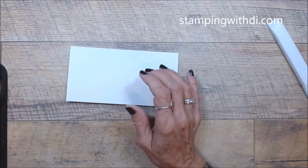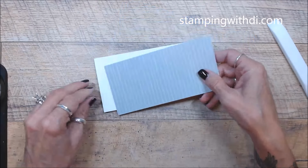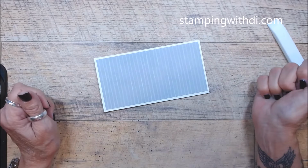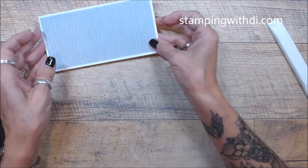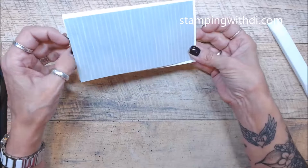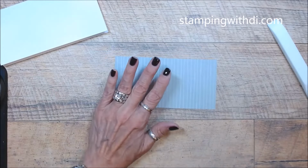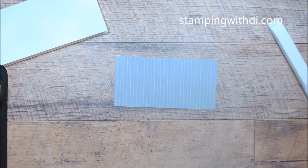And then I cut this paper just at 6 by 3 so that we have that paper there. Because we are going to stamp on here with the, I'm getting some scrap. Hang on a second. There is my grid sheet. Here it is. All right. So I'm going to stamp on this